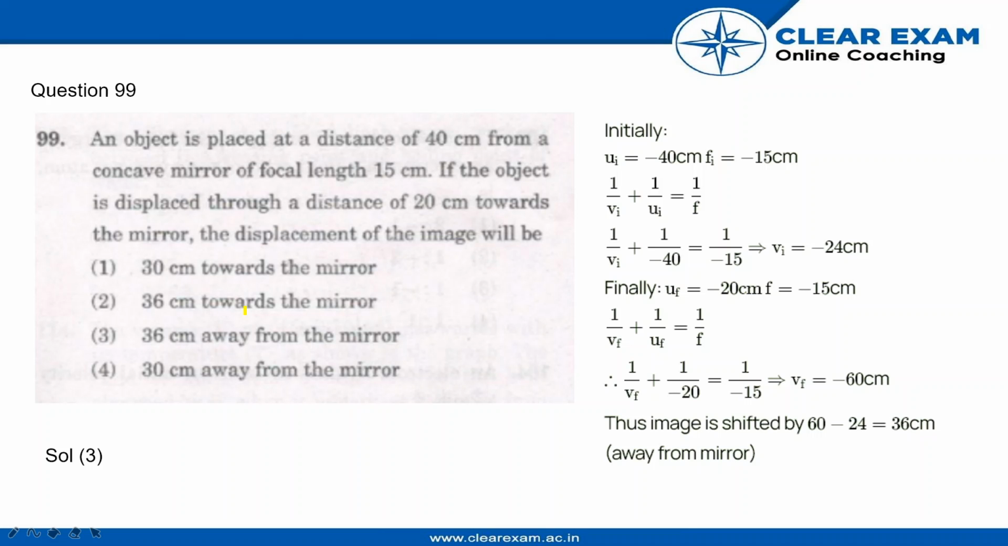Set GG Physics, question number 99. An object is placed at a distance of 40 centimeters from a concave mirror of focal length 15 centimeters. If the object is displaced through a distance of 20 centimeters towards the mirror, the distance of the image will